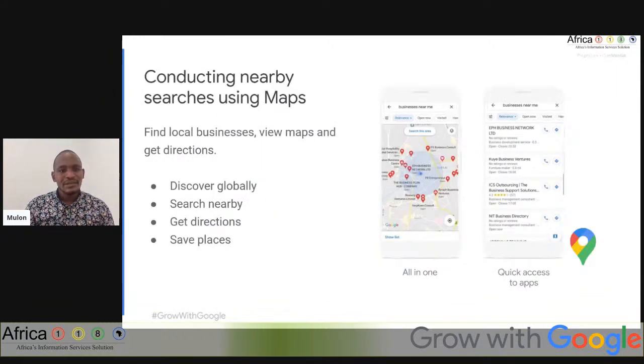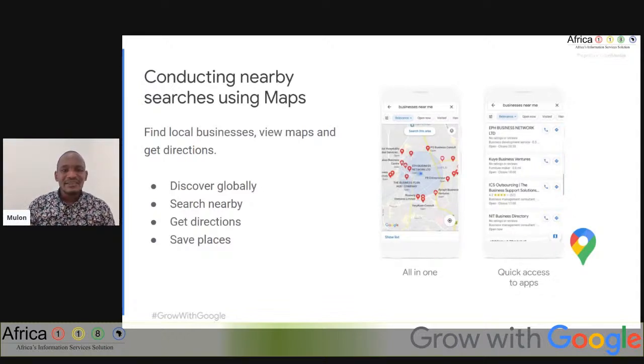And I want to talk about something very simple here. I know we've not yet begun on Google My Business in depth, and I just want to give you some bit of statistics. When you conduct some searches on Google Maps, you'll find that you can easily discover something that is also outside your region, maybe outside your country or outside your locality. But how does Google work? If I'm located in Nairobi, Kenya, or if I'm located in Rwanda, or if I'm located in Tanzania, you'll find